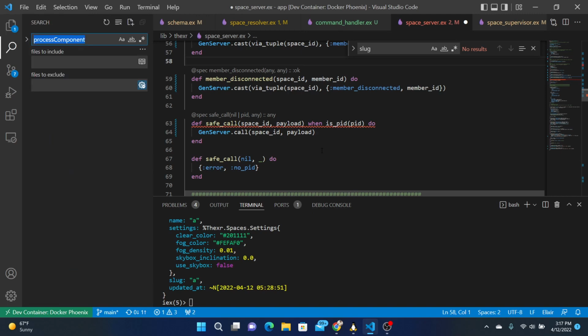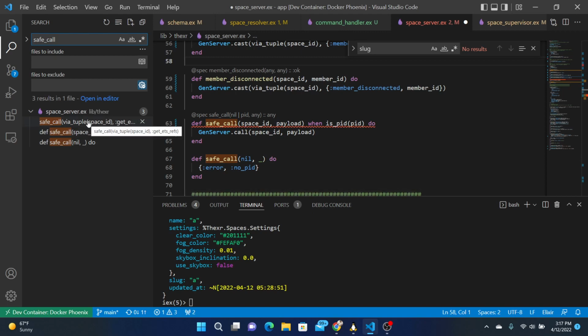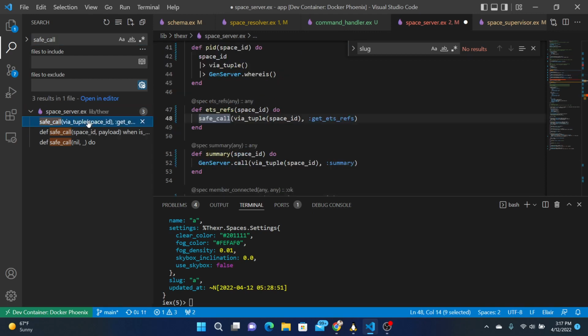Are we using safe call anywhere? Safe call. This thing does take a PID here for safe call. Yeah, tuple.